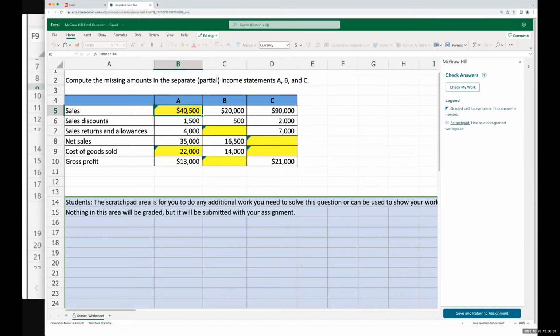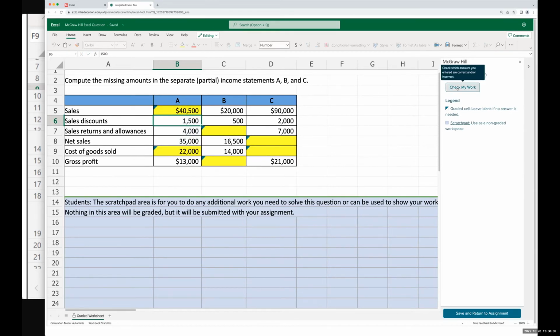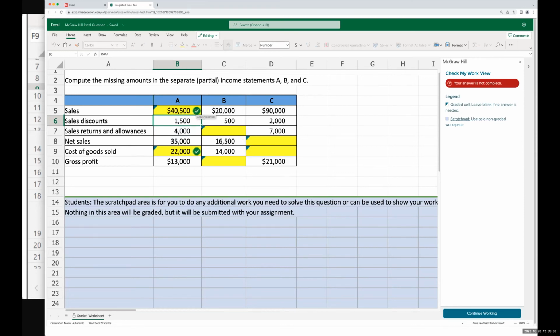So here we have sales. Instead of adding up each of these cells individually, what I could have done instead is use a sum function. So I type in sum, highlight all 3 of those cells, close my parentheses. I get the same number. And just to prove it, check my work. I get a green check mark, so it graded as correct.